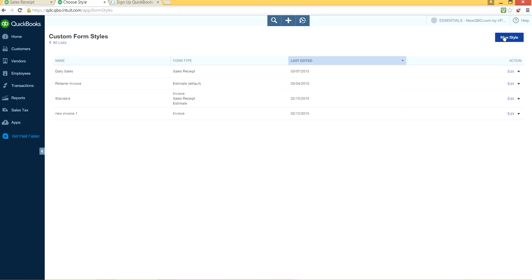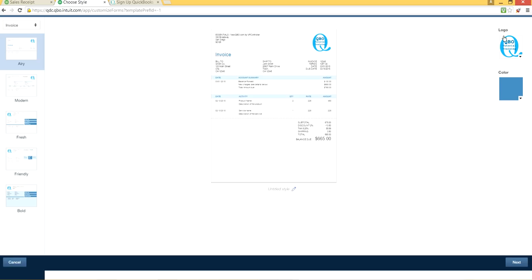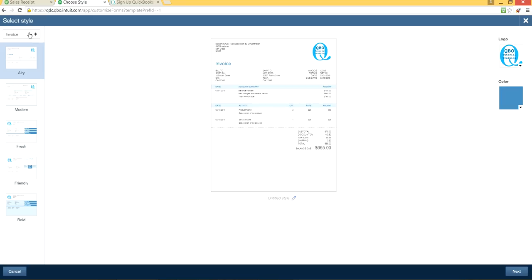So here you go, new style. The first thing you want to do is select sales receipt in here. So this is to customize your sales receipt right here. Select style, sales receipt, and in here you just select whatever you want. Modern, airy. This is the airy one, the first one. All right. So next,